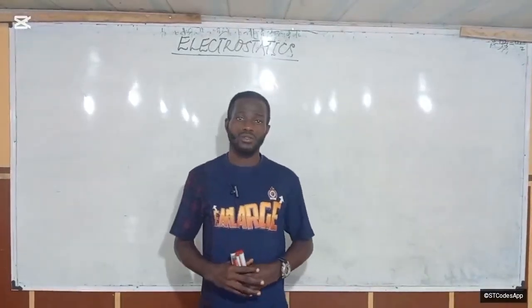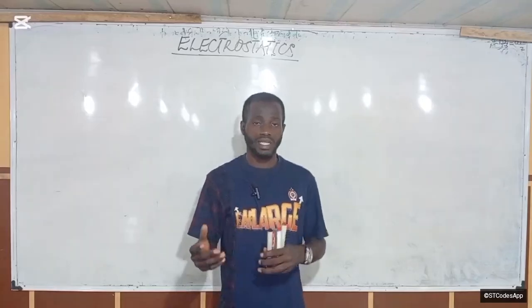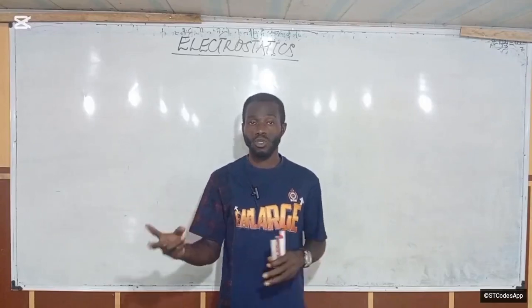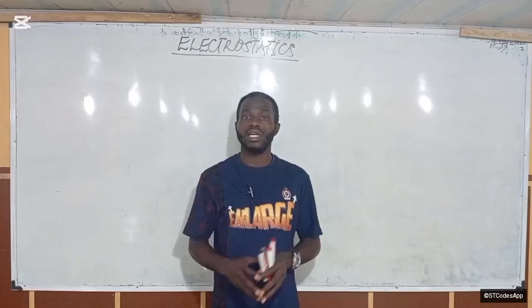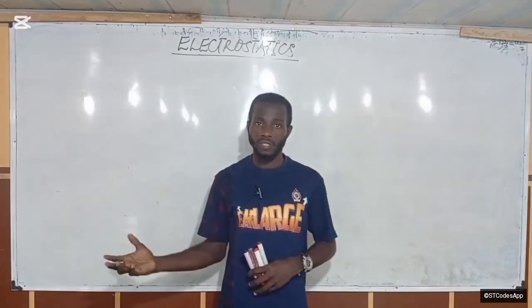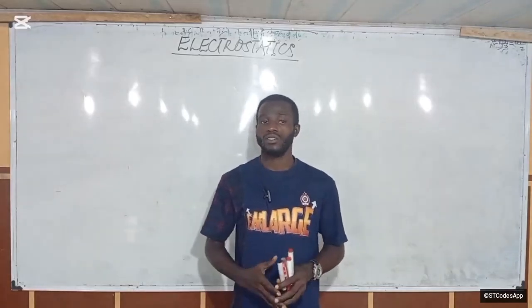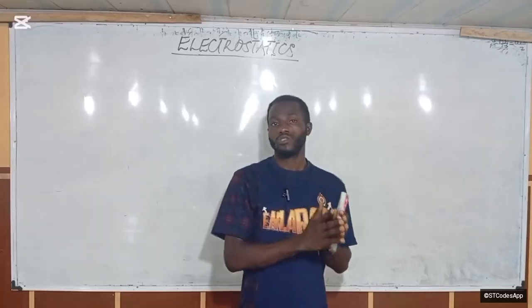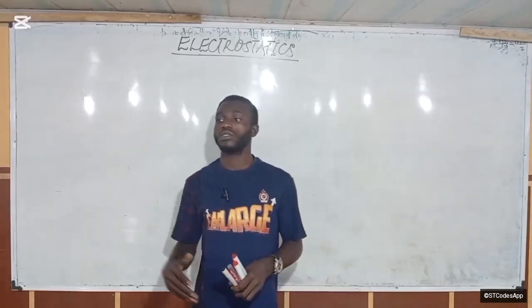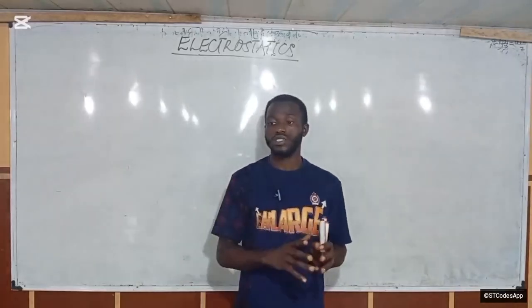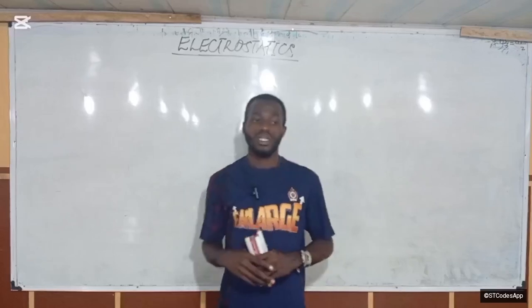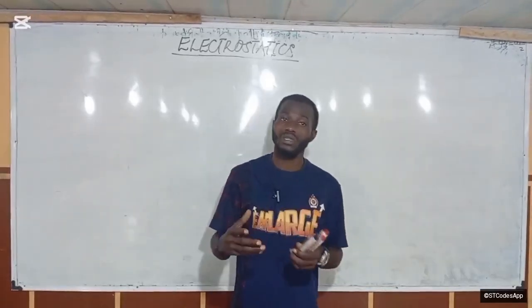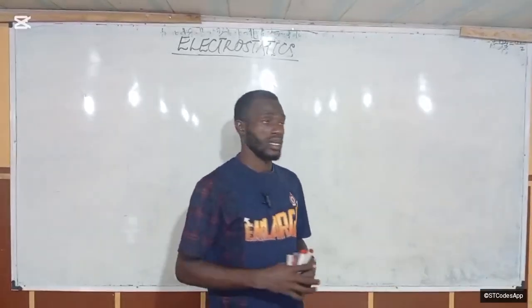In this video, we are going to continue our electromagnetism series, and you already know that electromagnetism is composed of two subfields, which are electricity and magnetism, right? In the aspect of electricity, we have a subfield that studies charges at rest, which we call electrostatics, and one that studies moving charges, which we call current electricity or electrodynamics.